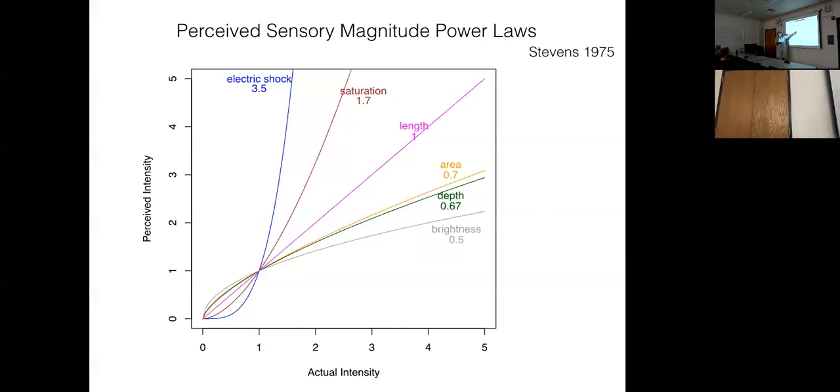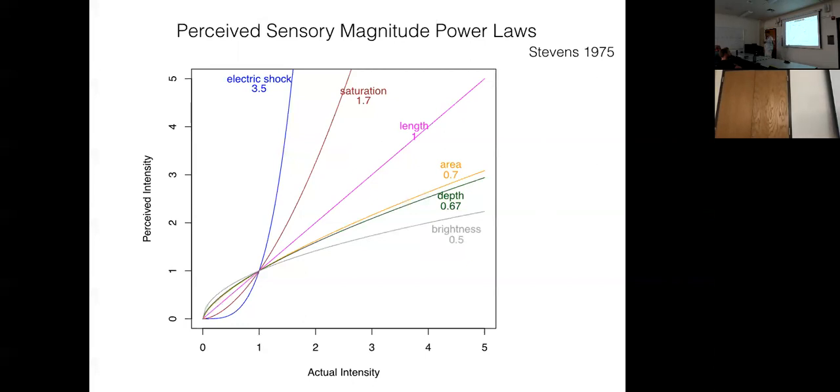If you think about saturation in color, saturation is how much white we put into something. If you add a unit of white, people perceive more than that change. If you change the length by 1 unit, people perceive the length to have changed by 1 unit. This is good. That's what we're going for, that there is an actual correct interpretation of decoding. If you look at area, if you increase the area by 1 unit, we don't pick it up. That's why circles don't work as well.